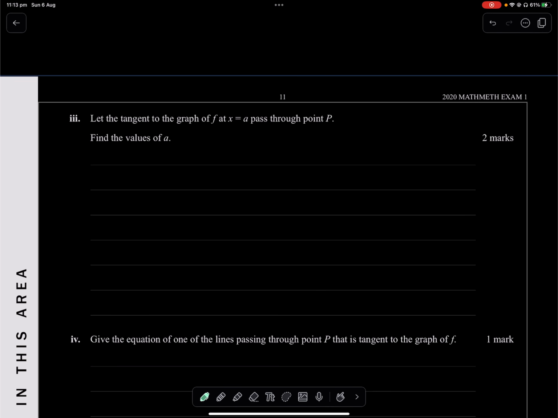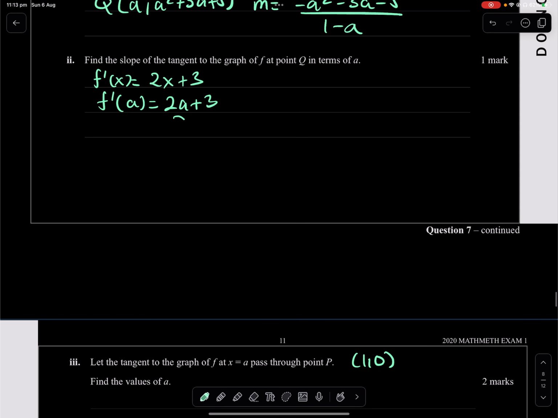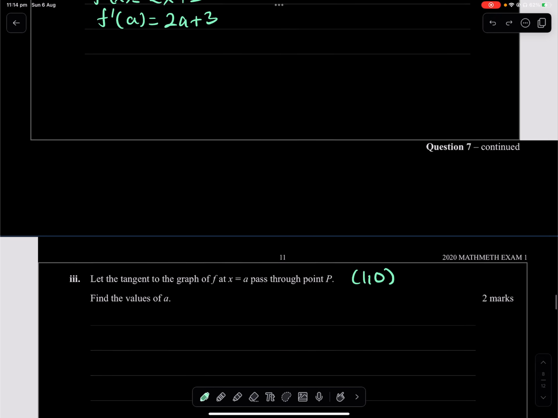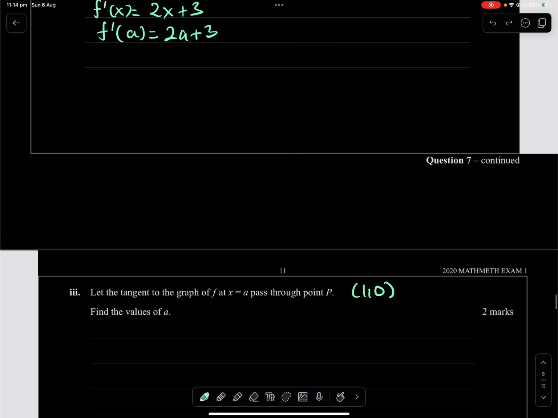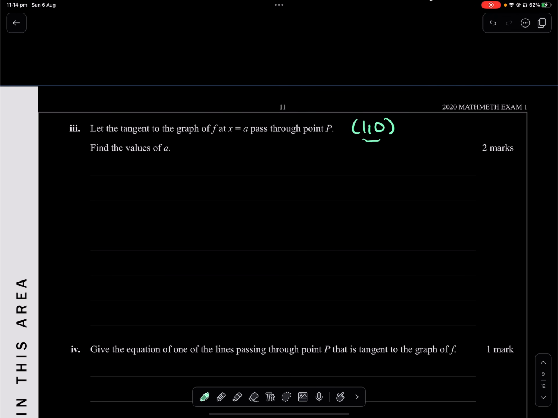Let the tangent to the graph of f at x equals a pass through point P. Find the values of a. Okay, so we don't know a, but it passes through point P. So P is again (1, 0). What we can do over here is we already know that the gradient is 2a plus 3, even though we don't know a. So because it passes through this point, we can say y minus 0 equals your gradient